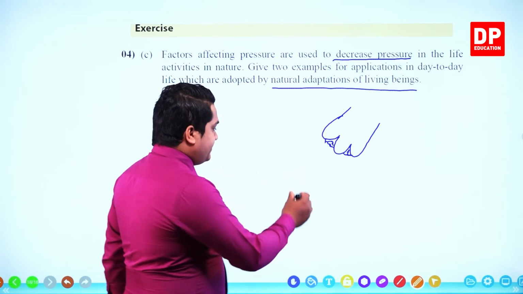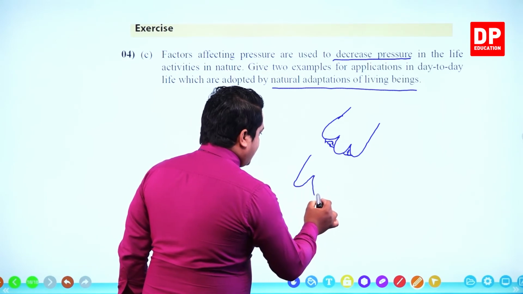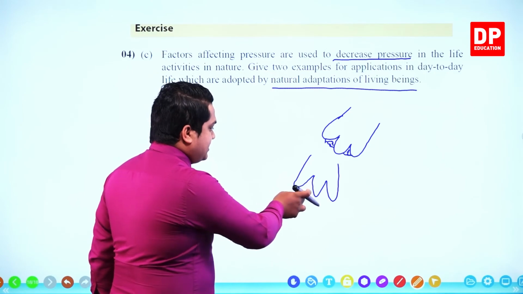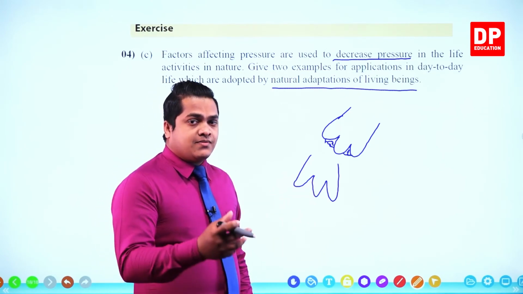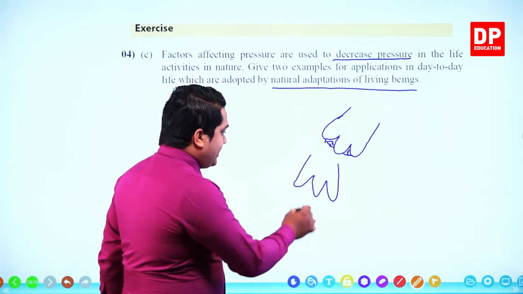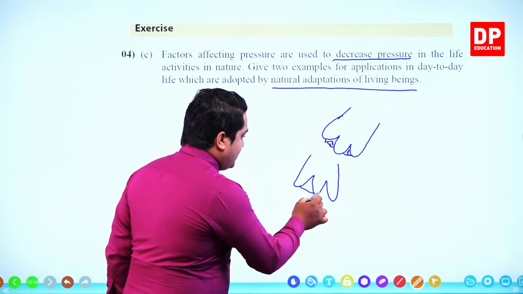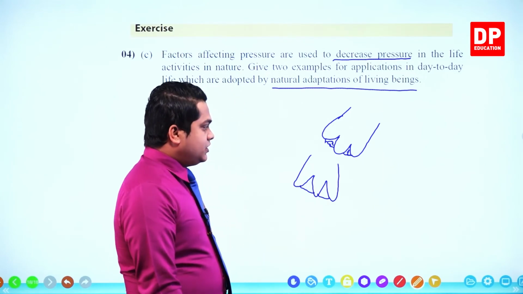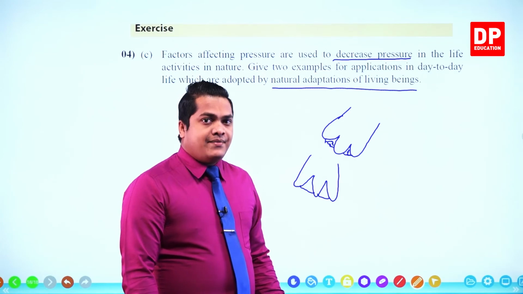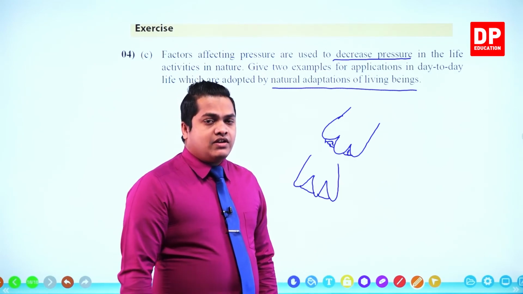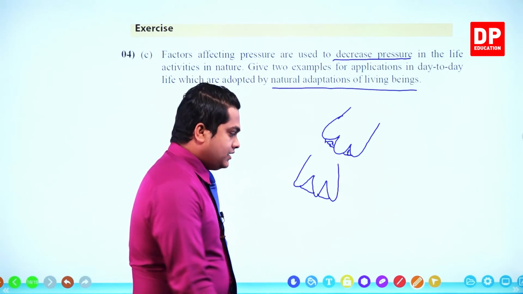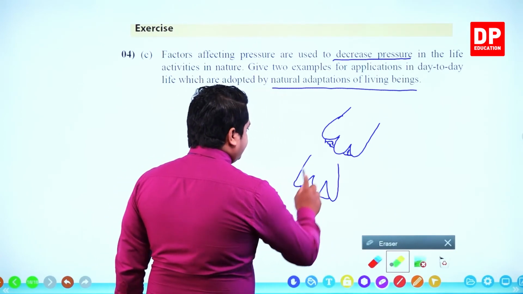So if their toes are like this, then there is a possibility that these are pointed, no? So there is a possibility that ducks may sink within the mud. So to avoid that case, there is a special bit of a tissue layer within these toes, so that the surface area is getting increased and they can travel on mud or muddy places quite easily. Okay. So we can write